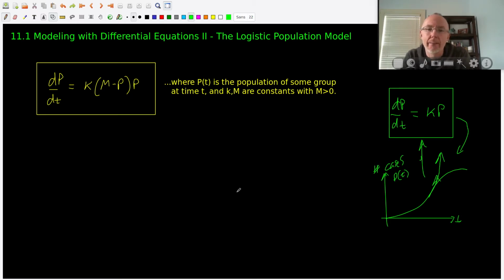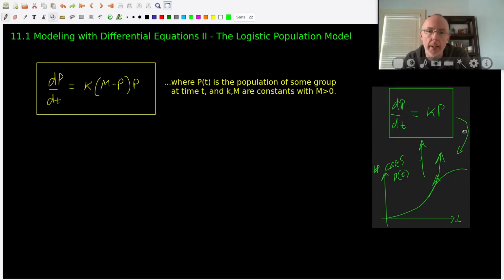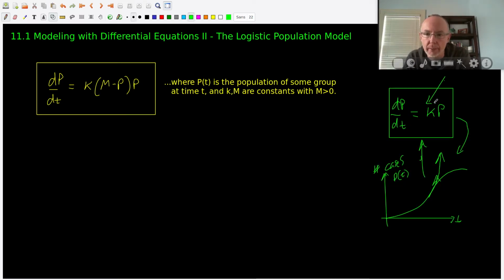But this is not a reasonable model for many things because population doesn't tend to grow without bound. There are limits. The demographers talk about carrying capacity. There's a maximum number of people that a given country, region of land can carry. Is there enough water? Is there enough food? Is there enough space? All of those things lead to a downward pressure on population growth. So as the population gets bigger, the rate at which it's increasing changes. And the rate at which it's increasing was that K,